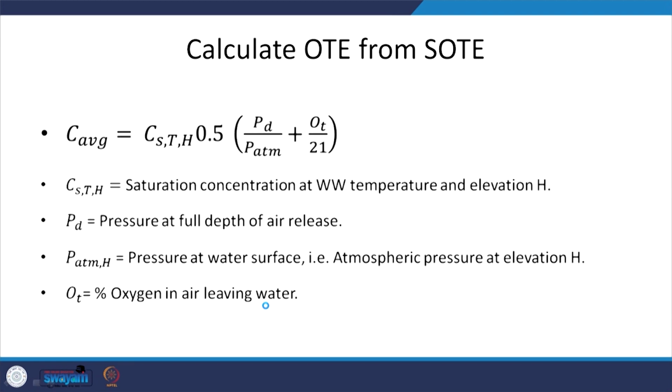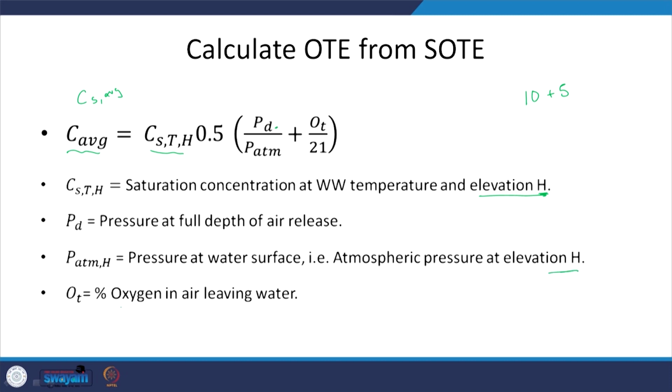Again, all these formulas will be given, so you do not need to worry about it. So, how will I calculate the CS average? We have the saturation concentration at the wastewater temperature and elevation H, the elevation of that particular location, and the pressure at full depth. For example, if the elevation is, let us say, 10 and the depth of water is 5, so PD will be 10 plus 5, let us say,